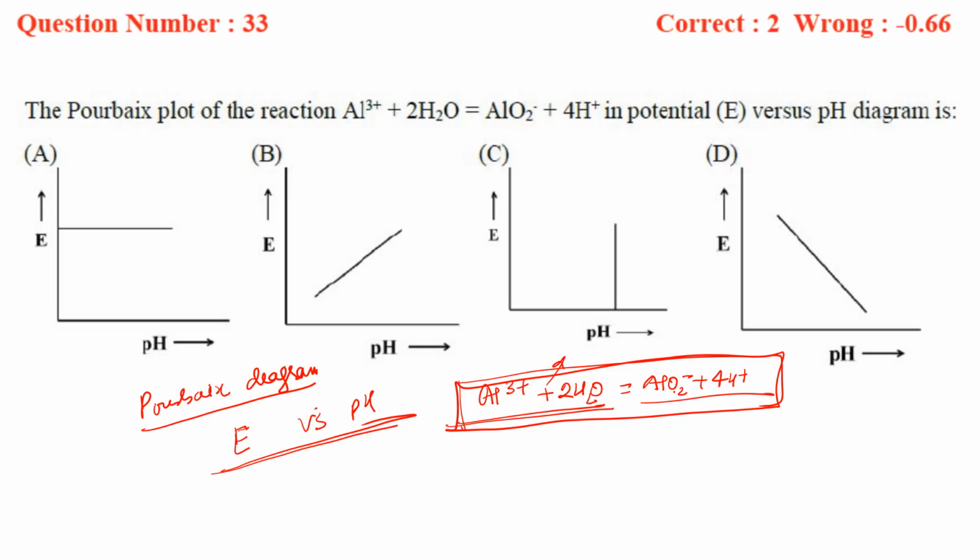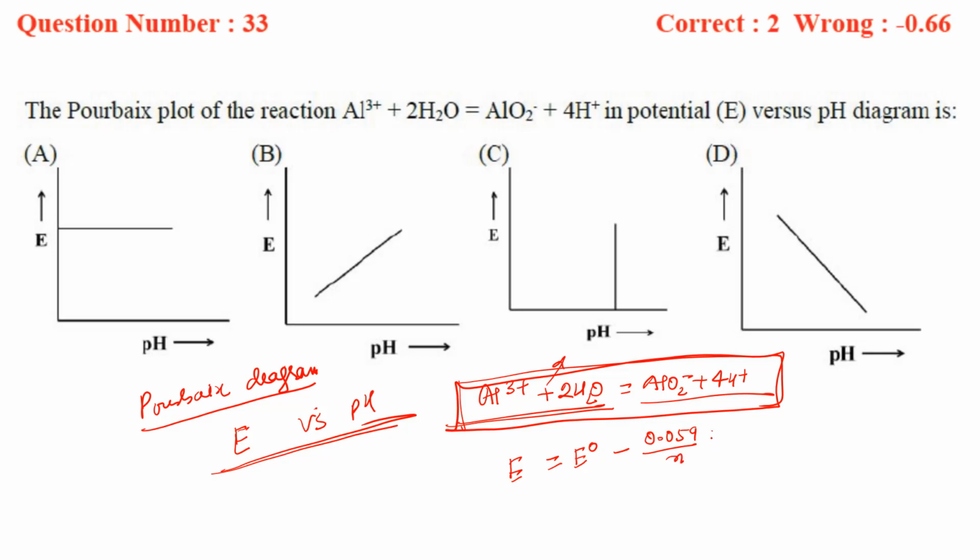Basically it is forming a complete product. So we will write here the Nernst equation. From the Nernst equation we determine what kind of plot it should be. So E is equal to E naught minus